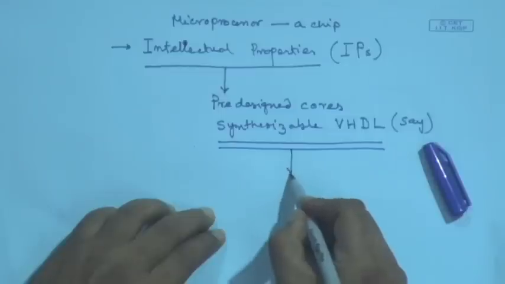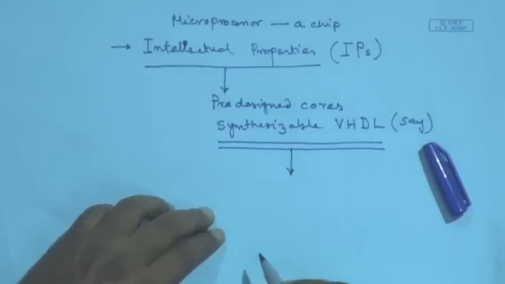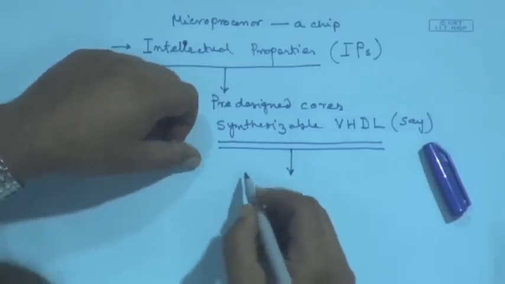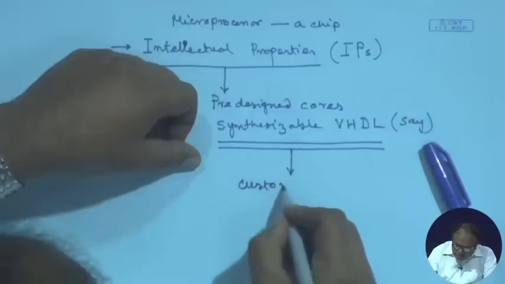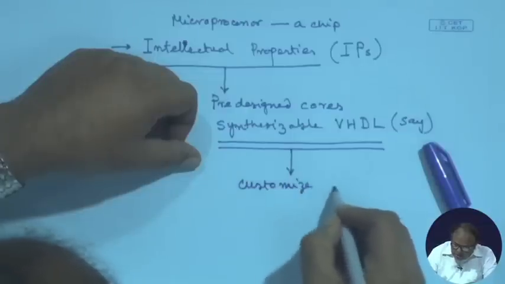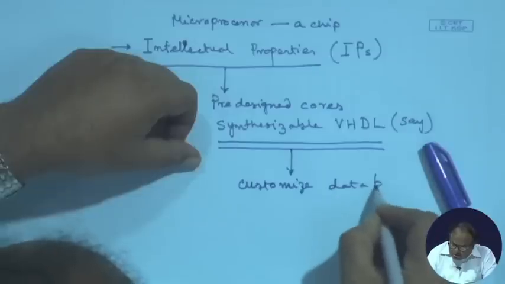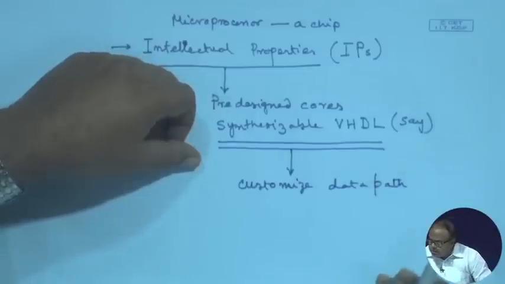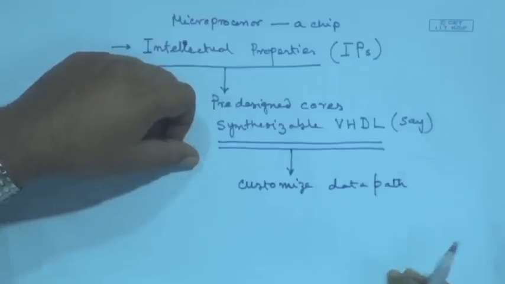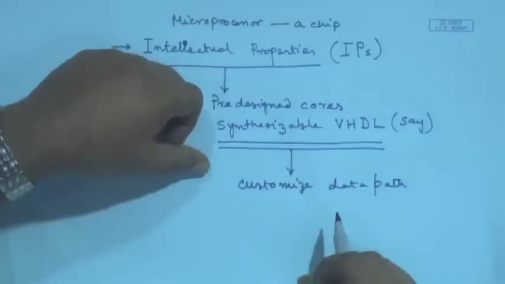Now, this much is offered to you. Now, you can customize, for example, you can customize the data path of this, you can add a couple of hardwares,